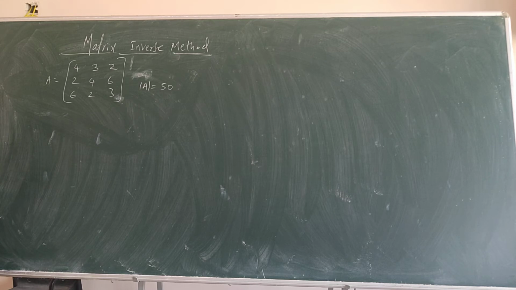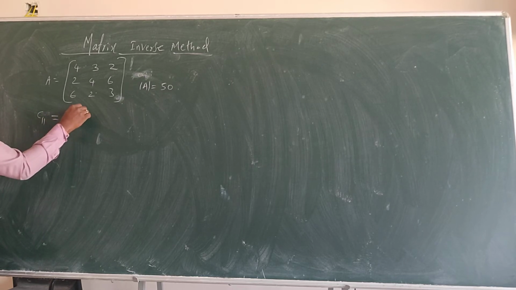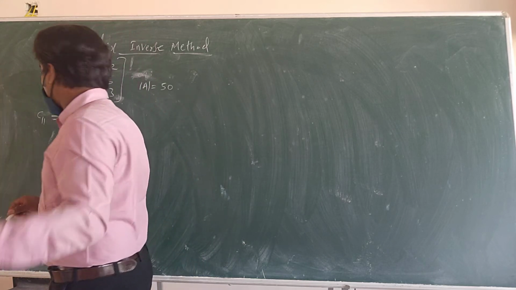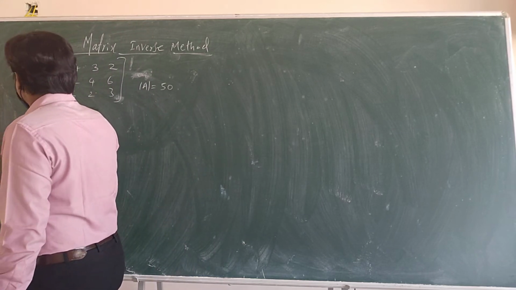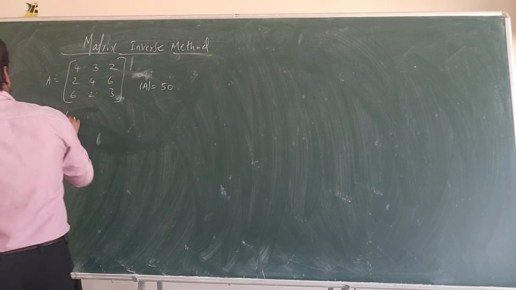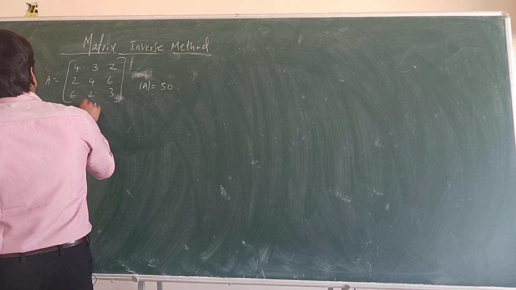Now what do you do here? I'll find the cofactor matrix. I'll find it directly, you have to help. C11. C11 is equal to what? Minus 1 power 1 plus 1. You know the cofactor formula? What is the cofactor formula? Cij is minus 1 power i plus j